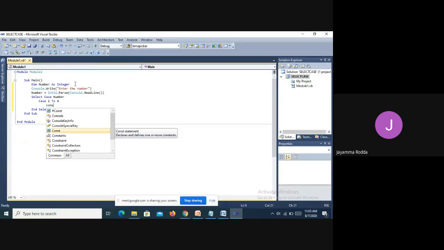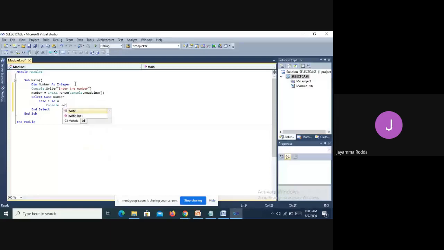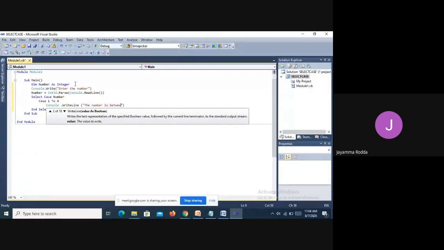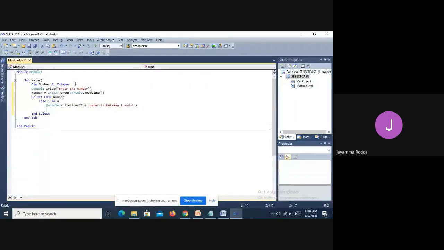Console.WriteLine, I have selected WriteLine: "The number is between 1 and 4". The first case is, if the number is between 1 to 4, we should prompt like this.